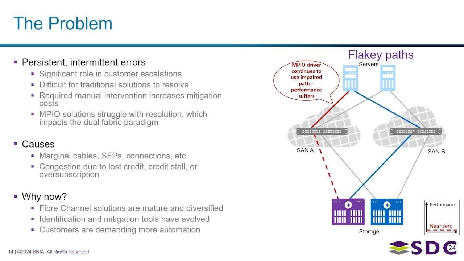We had inputs from customers who said, hey, I buy a lot of Fibre Channel. I build these SAN A, SAN B type arrangements with an air gap in between them, but I've run into this particular problem. In this air gap situation, they would sometimes have a sick but not dead path, a path that was working well enough for data to be transmitted across it, but not well enough for it to be done efficiently.